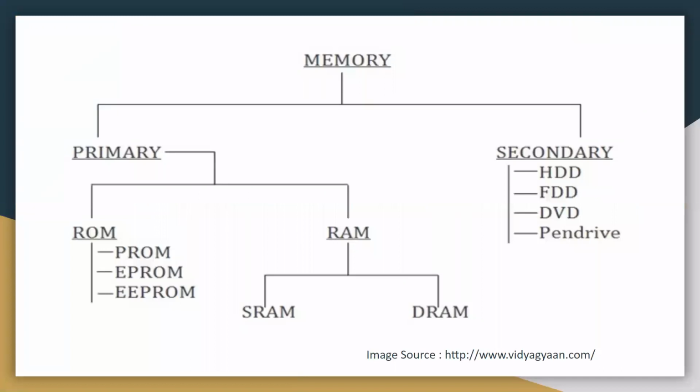So before we start with memory, first let us know what we mean by memory. When we talk about the word memory, you can, in very simple words, say it is just like a human brain. Basically, memory is something which helps you to store the data, process the information and get the results. So that is something which is related to memory.